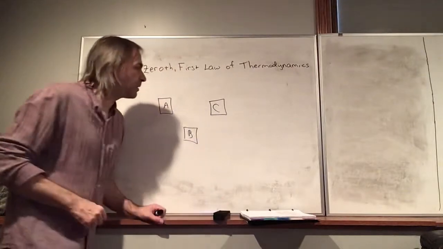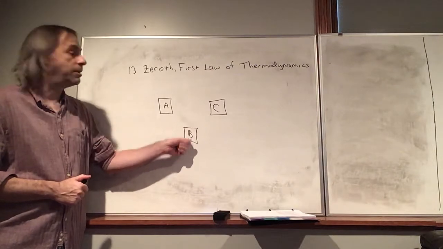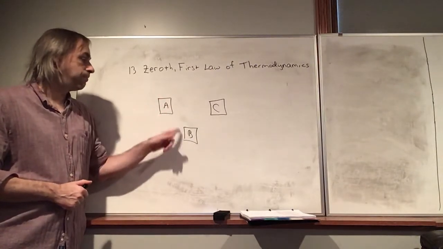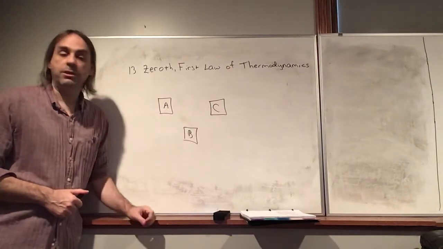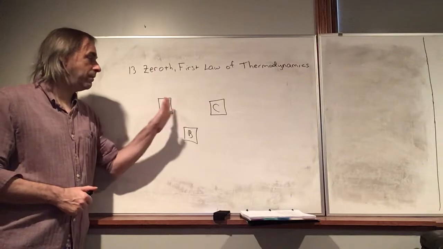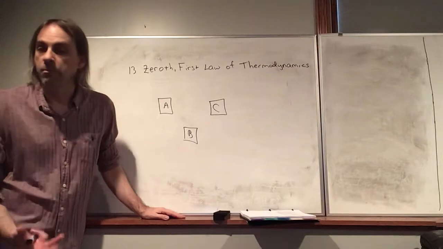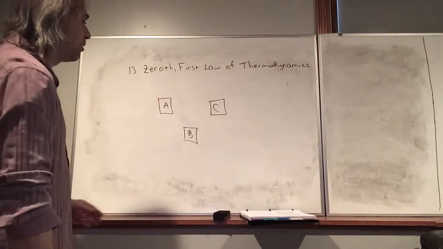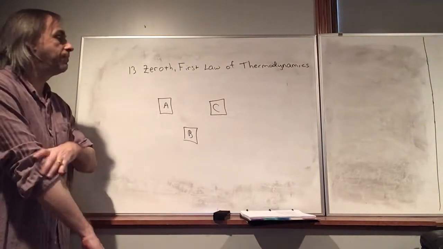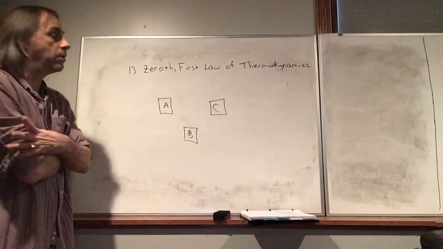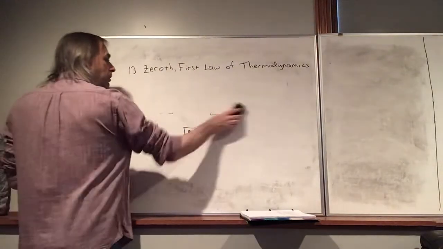I should point out, this is what makes thermometers possible. Maybe B is a thermometer. You put B in contact with A, and it's going to read a certain temperature. Put B in contact with C. If these 2 are in equilibrium with each other, then B is going to have to read the same temperature for both. So if it wasn't for the zeroth law of thermodynamics, then maybe thermometers wouldn't be possible. This whole idea of temperature would not really make sense. So it's a very, very important law, even though it's easily overlooked,